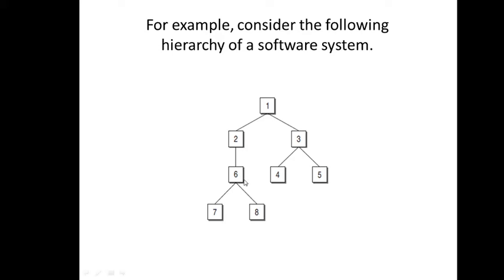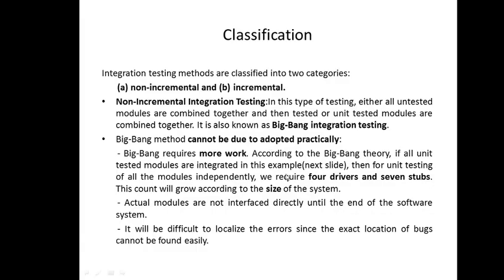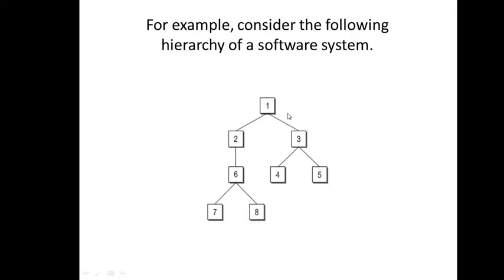So for these two, this will be a driver. For this, this is going to be a driver. For these two, this will be a driver, and for these two, this will be a driver. So how many total drivers? 1, 2, 3, and 4. So we require 4 drivers for the unit testing of this, while 7 stubs. Say I want to test, stub means the lower modules. So below this, 1, 2, right? Below this, below this, these are the two below this. So 1, 2, 3, 4, 5, 6, 7. Altogether 7 stubs are required.